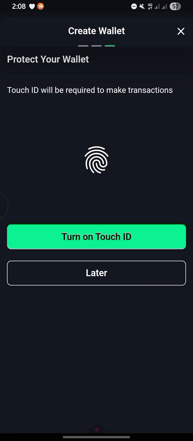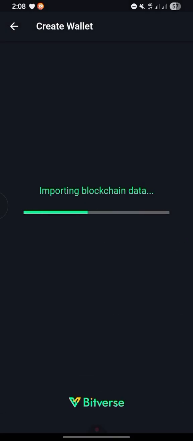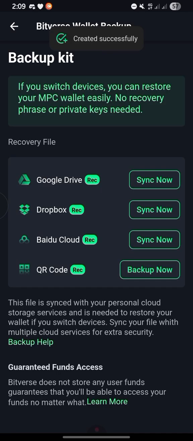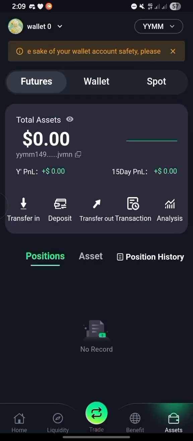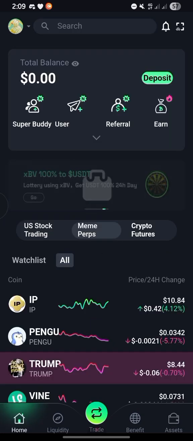And then if your phone has Touch ID, of course, you can turn on Touch ID, and there you go, importing blockchain data. And congrats guys, we've successfully created our Bitverse wallet, okay? So you can see now you have different options to back up your wallets in case you lose your phone, so you will not lose your funds too, all right? So now you go back and you can see we have successfully created a wallet on our Bitverse app,